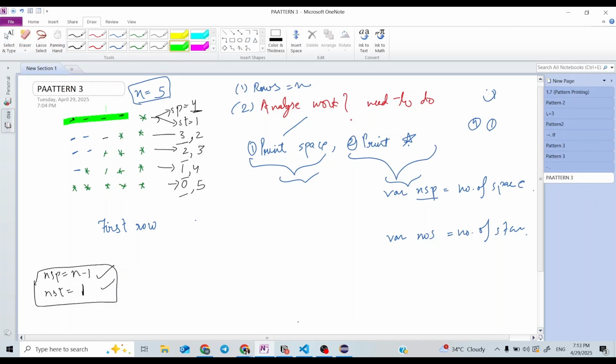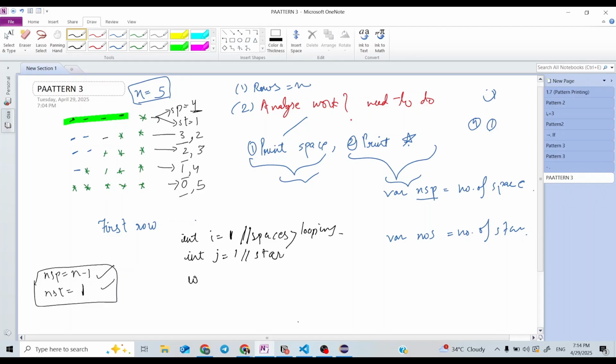I will take a variable i for spaces. You can write comments also; comments are written using double forward slashes. And this j variable is for stars, for looping.